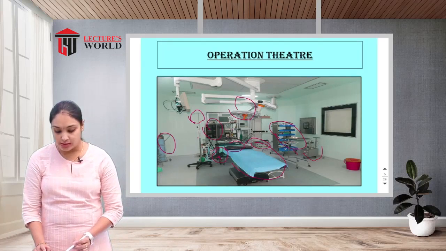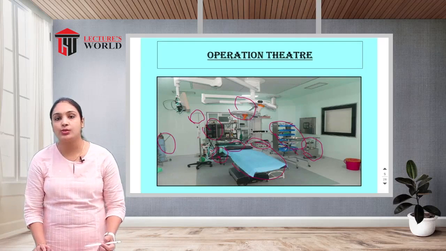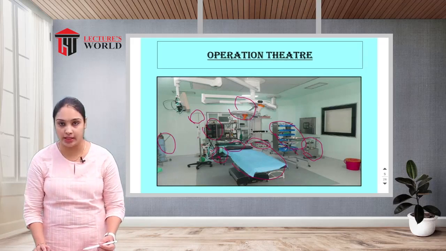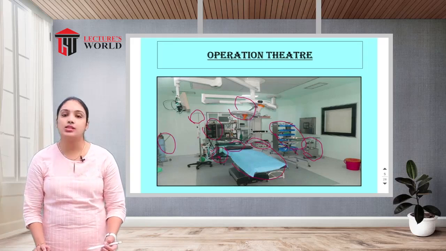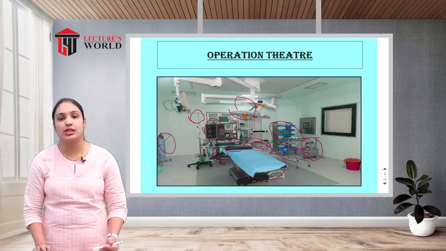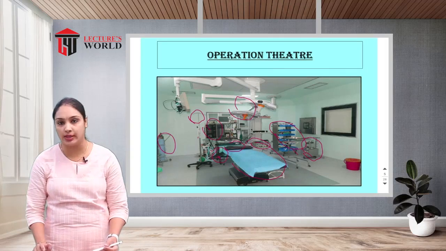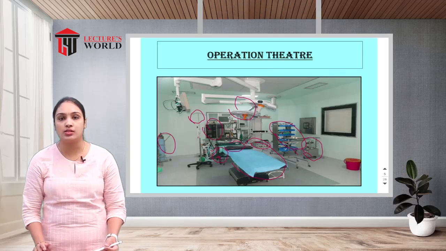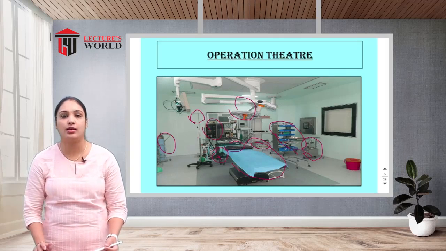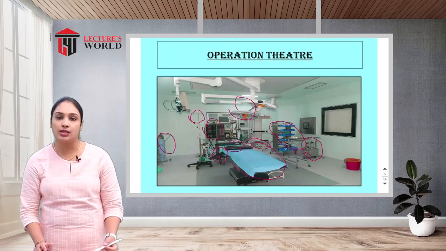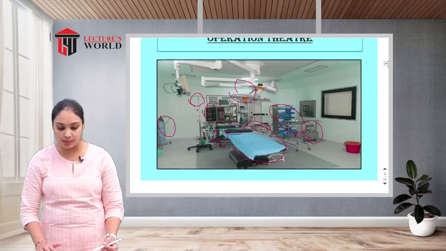This is a suction machine that is present in the operation theatre to suck out the drainage and waste material. If there is excessive drainage, we can easily suck it out. So this is the basic setup of the operation theatre. There is an operating table, an anesthesia trolley, a medication trolley, an oxygen cylinder and oxygen administration devices. All the emergency equipment and drugs are present, the suction machine is there, and radiological imaging is also present in the